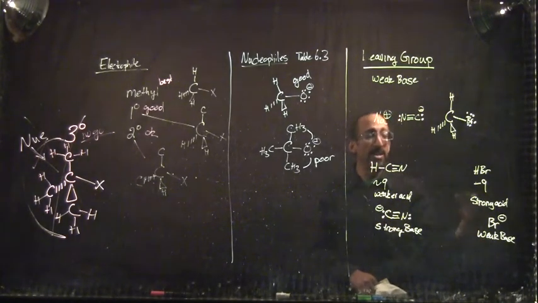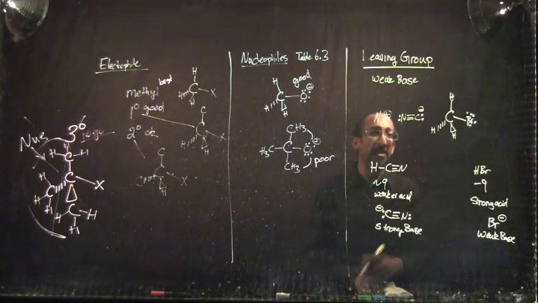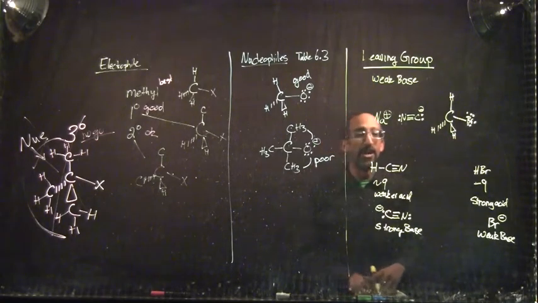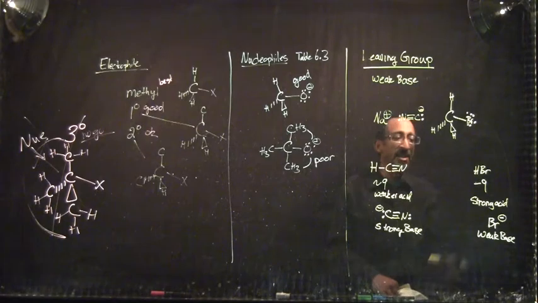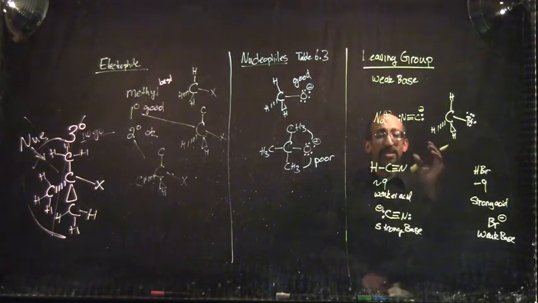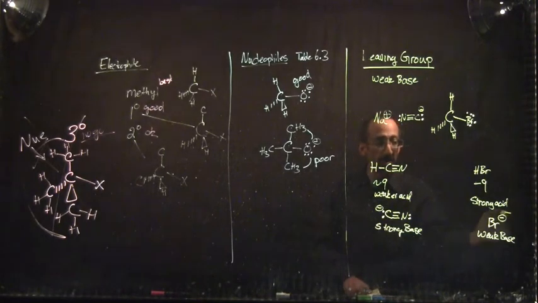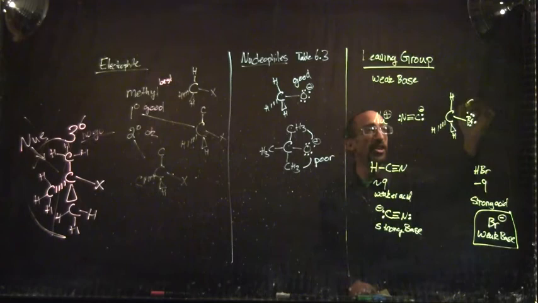So my Br would be the stronger base, and my I would be a better leaving group. So we need to take our considerations of the conjugate acids of our nucleophile and our leaving group, and see which of those two is going to be the weaker base. So for our example here, bromide is the weaker base. That makes bromide a good leaving group,